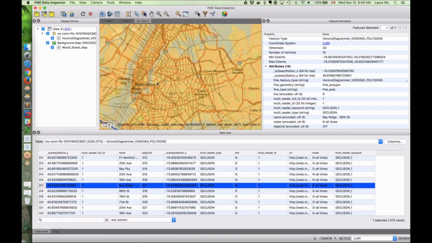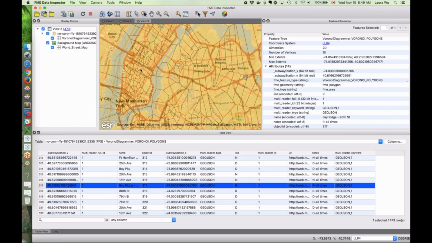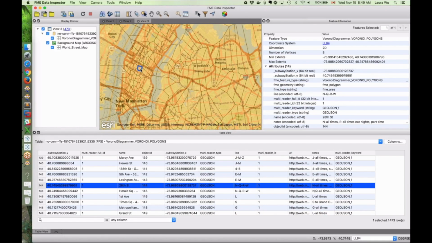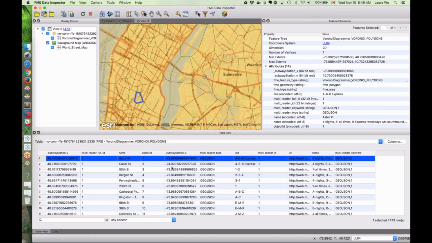If I come in closer, I can see each of these areas basically surrounds a single subway station and shows what area in the land is closest to that subway station based on what's around it. So it kind of creates this intricate mesh of areas. And each of these areas is tagged with the name of the subway station that is closest to that section